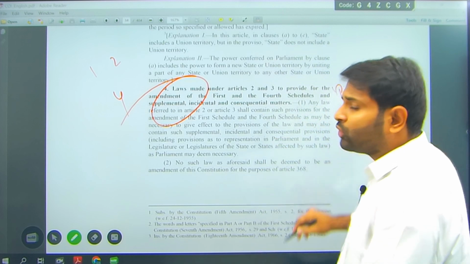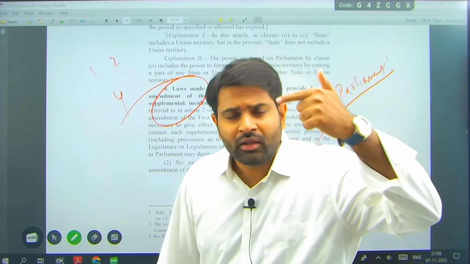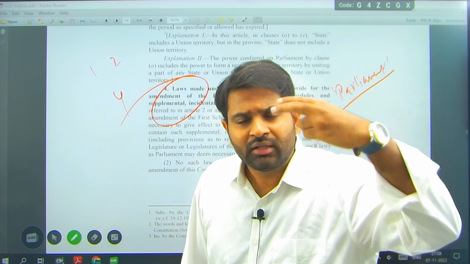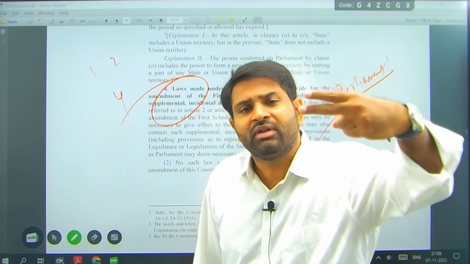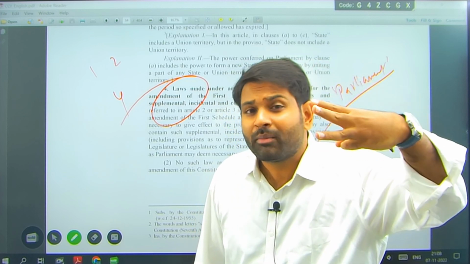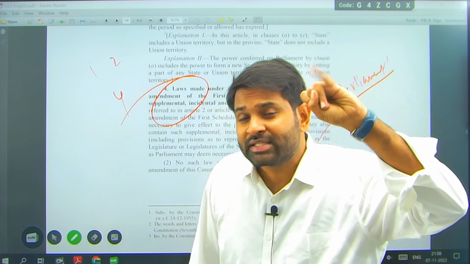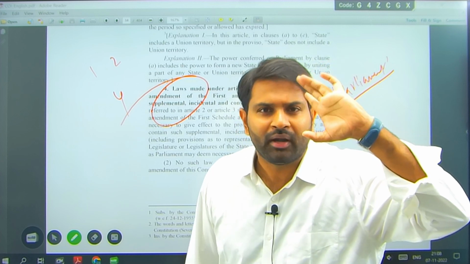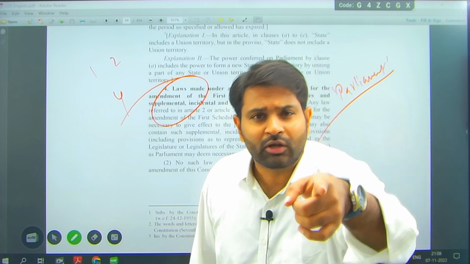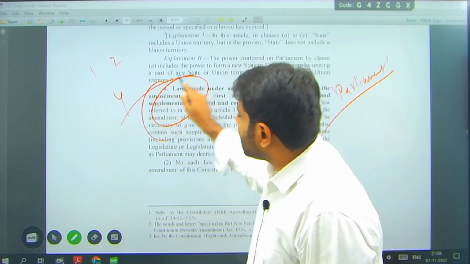So, in the state I have told you the four parts. You remember union, that is territory; then we spoke about territory, the second one is citizenship, the third one is government, the fourth one is sovereignty. Who is having sovereignty in India? Parliament. Remember Parliament, every other time I will talk about Parliament. Article 4 is talking about Parliament.